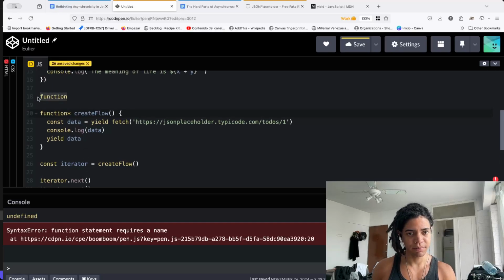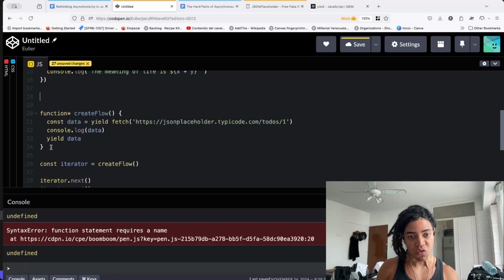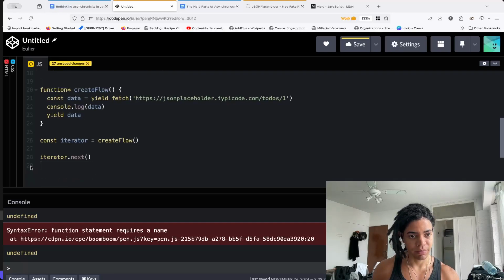So by the time we get into this iterator the first time,